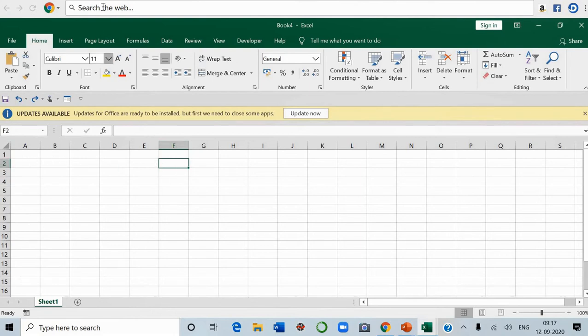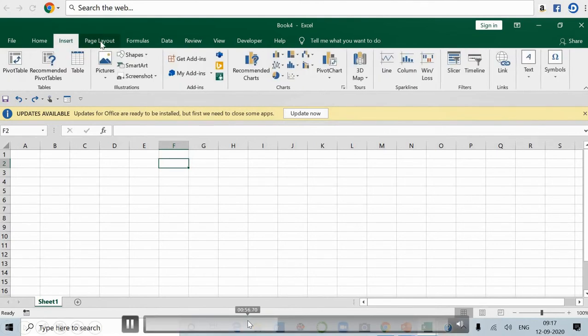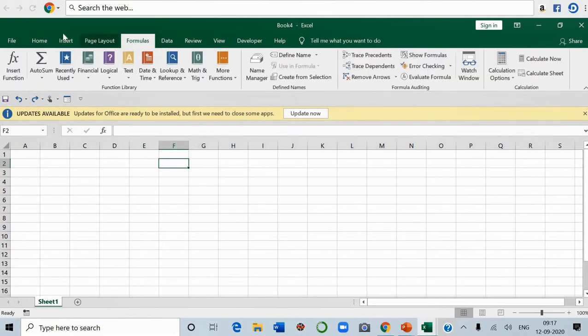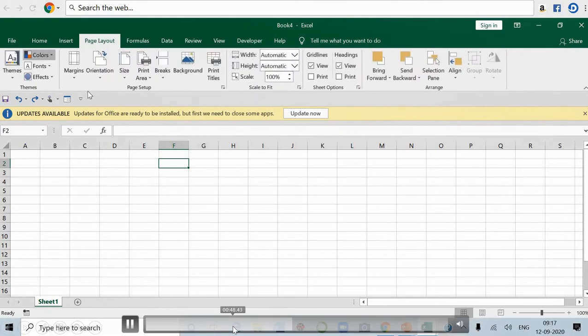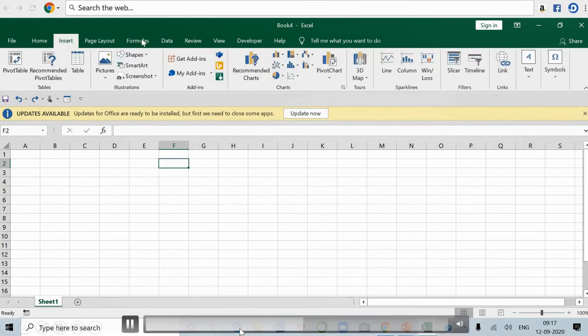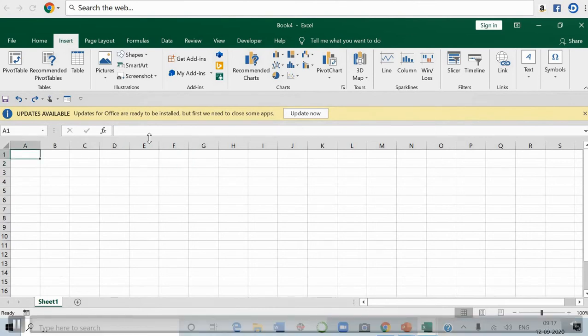Okay, it's clear. So on the top you can see few tabs here. Insert, page layout, formula. When you click on these, this is called the ribbon. When you click on a particular tab, then these launch buttons, a group is shown to you, like these are related to page layout. If you click on insert, now these are shown related to insert. If you want to select the whole workbook, then you have to click here.